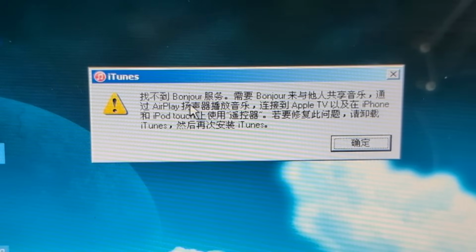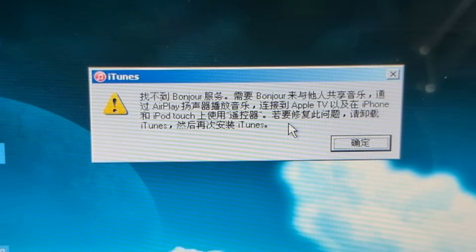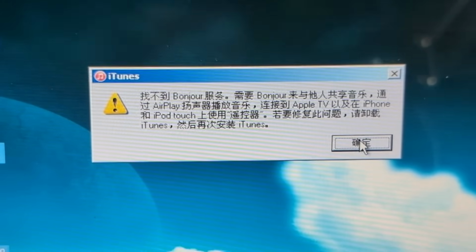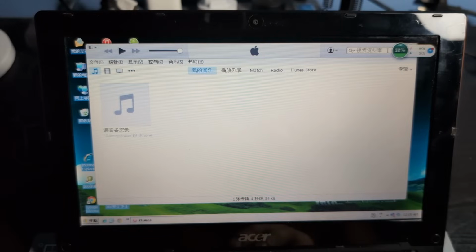So I don't really know what's happening. All we know is that something, Bonjour, AirPlay, Apple TV, iPhone, iPod Touch, iTunes. And that is why iTunes won't boot. It's got something to do with all that. Oh, wait, never mind. Something QuickTime, it's booting. We're now in iTunes on our...